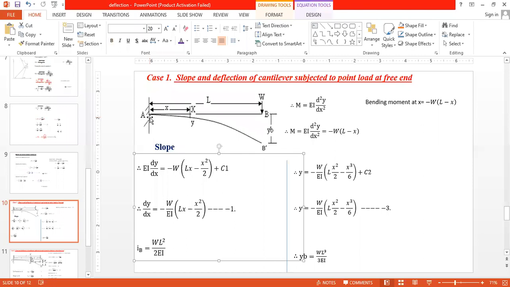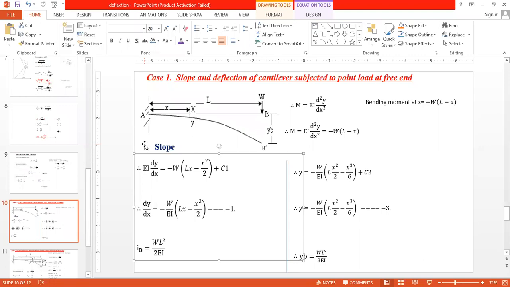Now it is not displacing in any direction. It is not rotating in any direction. Now slope means what? Slope is angular deformation, or it is a rotation about the z-axis. Here, if you take this as the x-axis, and in the downward direction the y-axis, then perpendicular to the plane, perpendicular to the screen, it is the z-axis. Therefore, your slope is the rotation about the z-axis. That is the angular displacement about the z-axis.